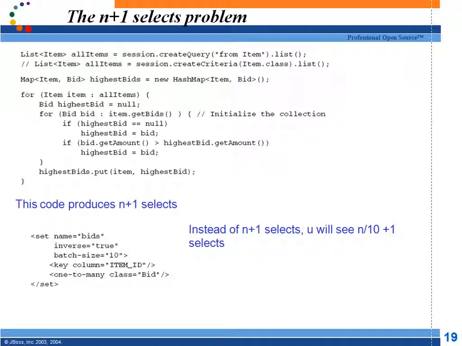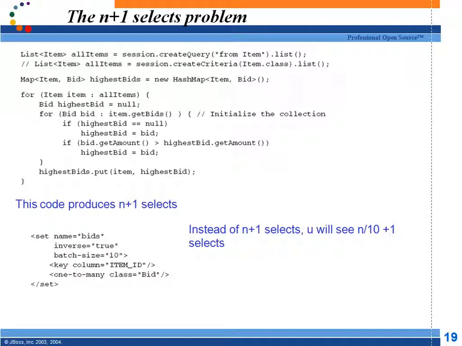For this one query will be fired, and in the loop I am getting all the bits. Whenever I say get bits, it will try to get the bits of that item. So here it will do a select query, right? So if there are 10 items, how many queries are fired totally? 11. So this is the n plus 1 problem. N plus 1 selects. If this query results in n items, totally n plus 1 selects are fired in this case.